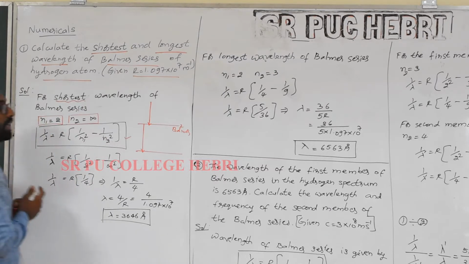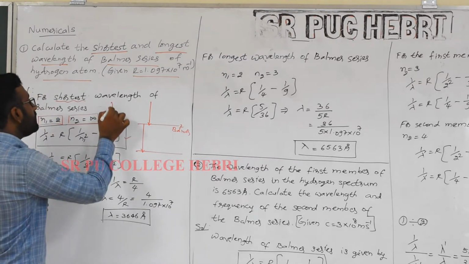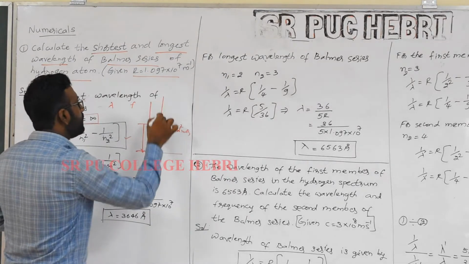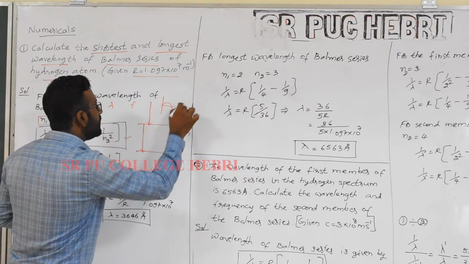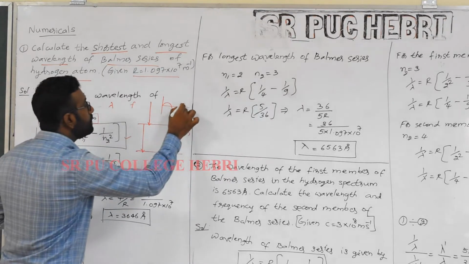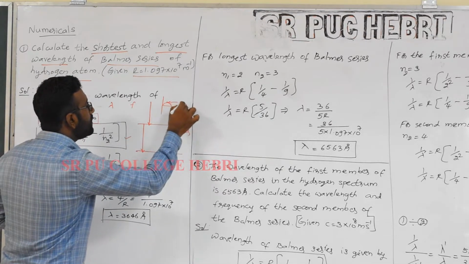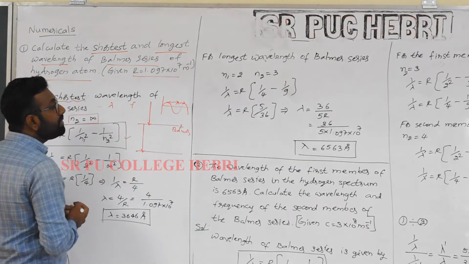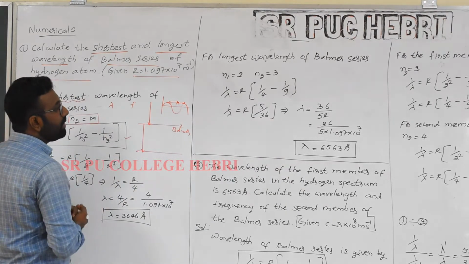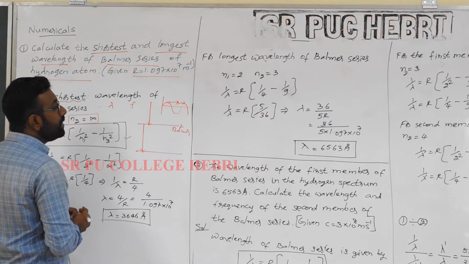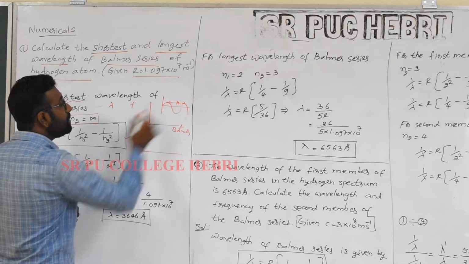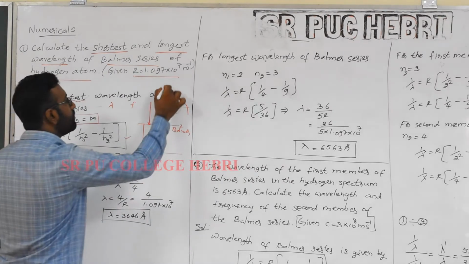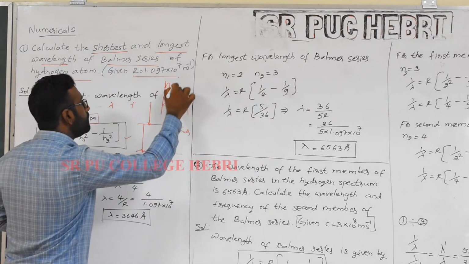You should know the relation between wavelength and frequency. Let me draw a simple wave here. It has wavelength lambda. Only one wave is considered here. The wavelength is the distance between crest to crest or trough to trough. I will draw one more wave.